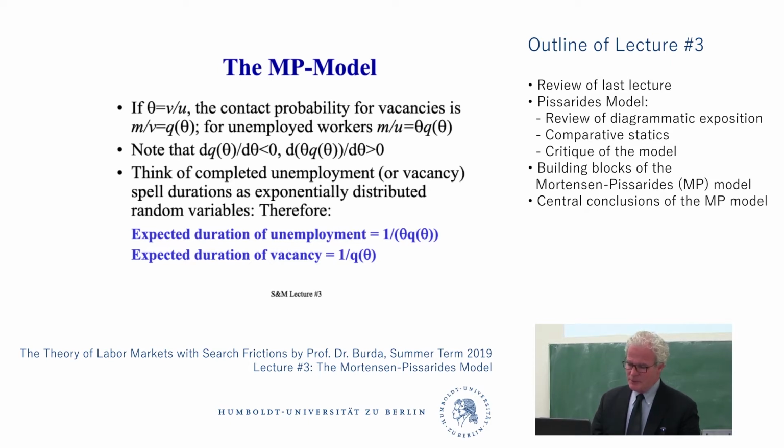Now, I don't know if Thomas told you about this, and we will learn this in detail later, but I want you to convince yourselves that these parameters have lots of interesting information. Since everyone's the same, if the job finding rate is given by F, which is equal to theta times Q, then it's easy to show that the expected time you will be in unemployment is 1 over that rate. So it's 1 over F.